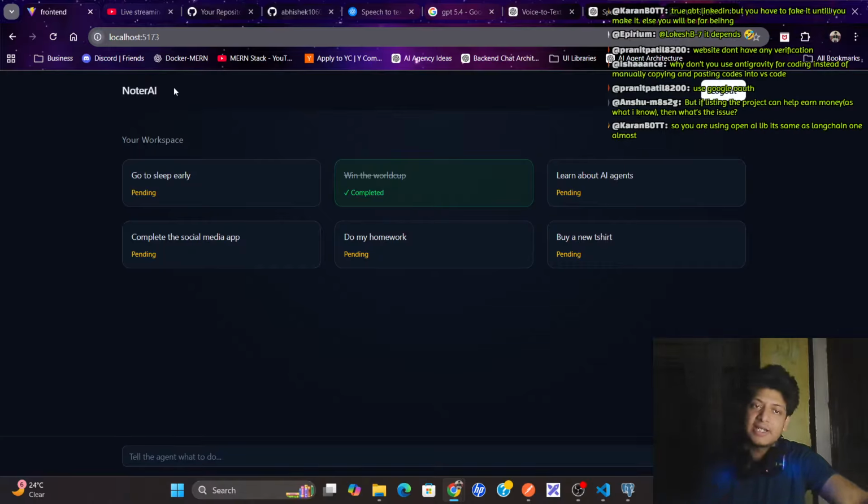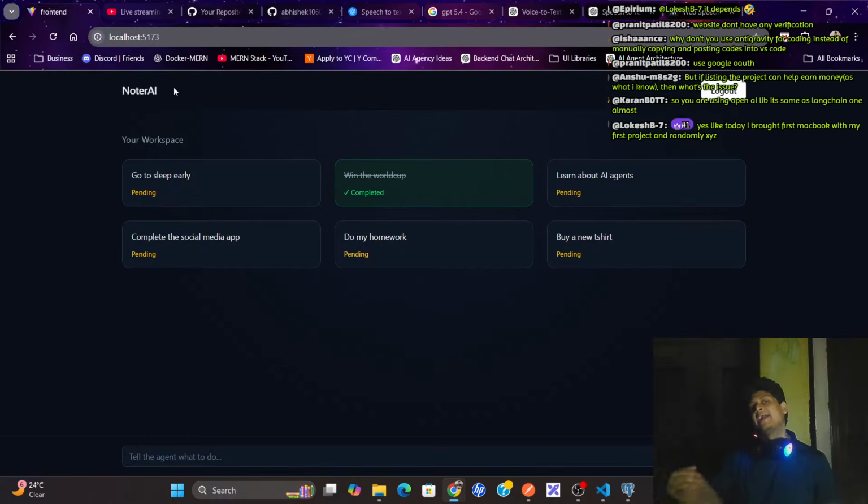Ishan, actually, the thing is that when I manually copy and paste the code, before I copy paste it, I understand the code. But if I use anti-gravity and everything, then AI does everything. I am not learning anything. So right now, before I start building my SaaS, I will be doing this for my own learning so that I understand the code, and I use AI only for debugging and building the UI part.